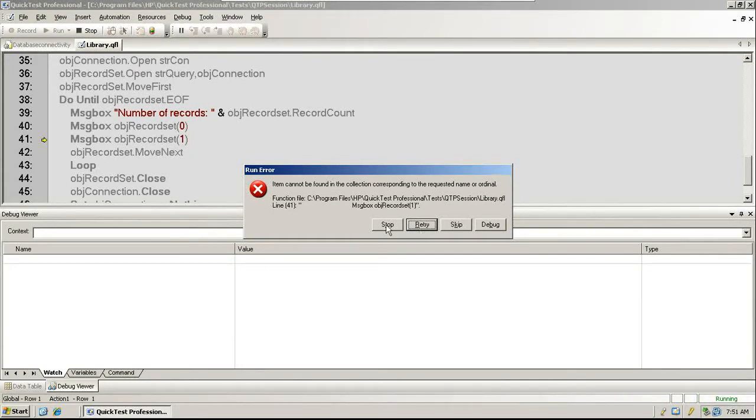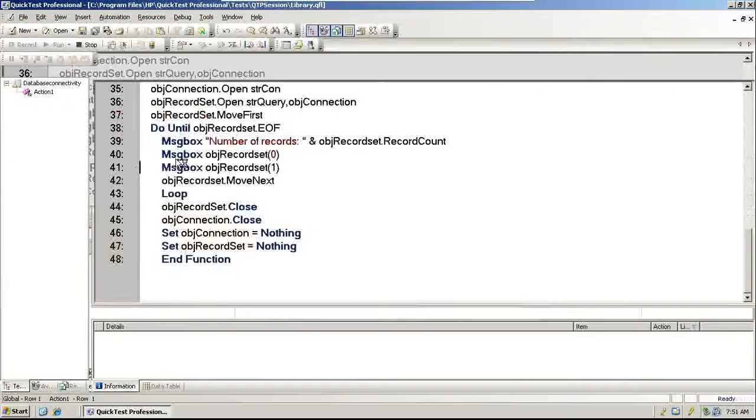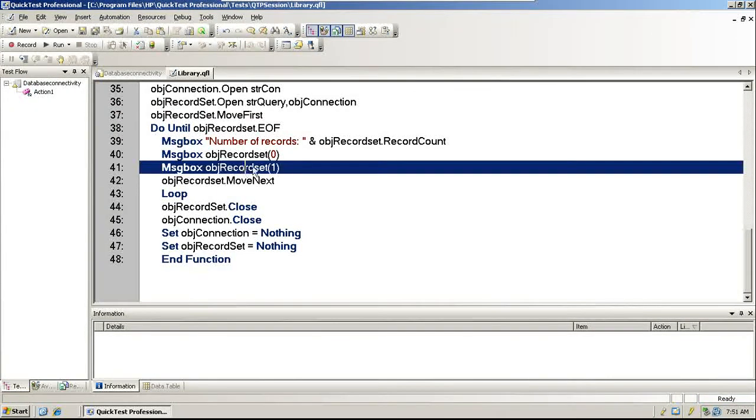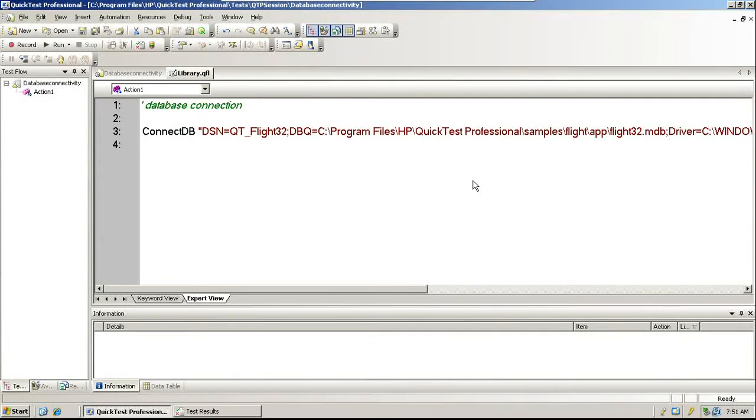So simply to avoid that error, I have to remove that. This is not required. Understood why it is not required now? Because our SQL query only fetches the order number, that is 1 only, right?